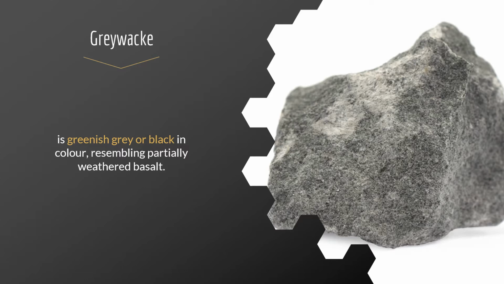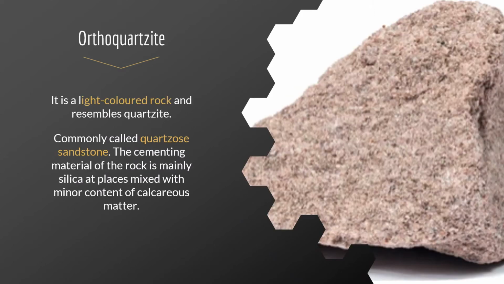Greywacke may originate from sediments derived from plutonic and metamorphic rocks and sometimes from detrital matter of a sedimentary terrain. The next type is the orthoquartzite, which contains 90% or more of quartz sand. It is a light-colored rock and resembles quartzite. Orthoquartzite is commonly called quartzoid sandstone. The cementing material of the rock is mainly silica, at places mixed with a minor content of calcareous matter. However, a close study may show that it is of sedimentary origin, as it lacks the interlocking texture characteristic of